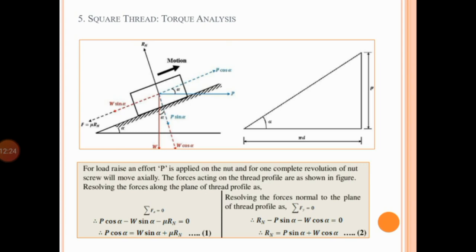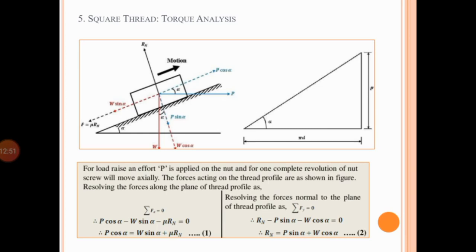Of course, we are applying a power in case of a screw jack for the lifting of load. We have to apply load P. So here P is responsible for lifting the block or load. Over here there is a mu, that is the resistance force acting opposite to P. So in actual screw jack, if you are applying force P, then definitely the screw thread offers a resistance force in the opposite direction. So this is also true.